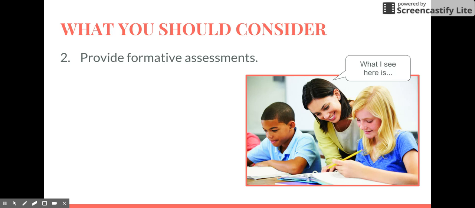You also need to make sure to provide them with formative assessments. So as you're going through the learning process, as you're working your way toward those learning targets, toward the end of a unit or an assignment or a project or whatever, you should be providing students with formative assessments so that you can track and monitor their progress. And then you can provide them with some feedback that allows them to really reflect on, okay, am I reaching the assignment's expectations? Am I reaching the learning target? Am I getting to where I need to go?